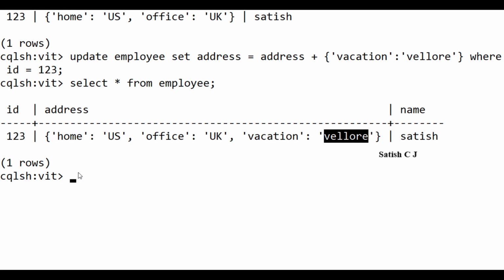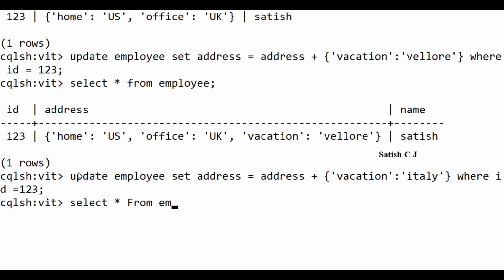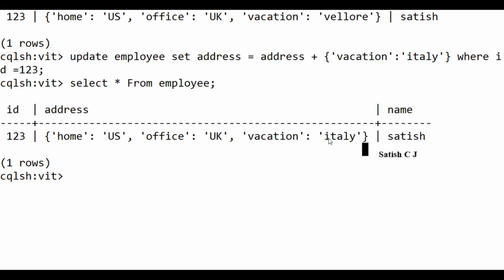Let's say update employee set address is equal to address plus, and now I'm going to change my vacation address, so I'll just give vacation as the key, and now I'll say I'm going to Italy, where ID is equal to 123. Let's hope the vacation gets updated. Let's do select star from employee. Now you can see my vacation address got updated.